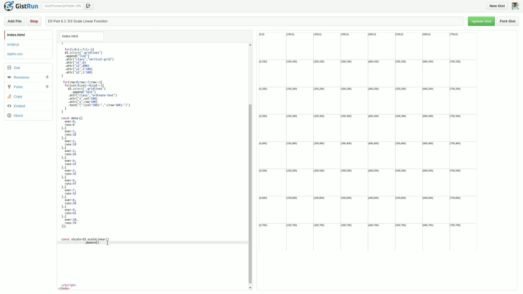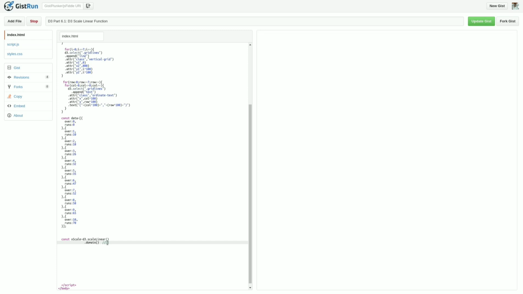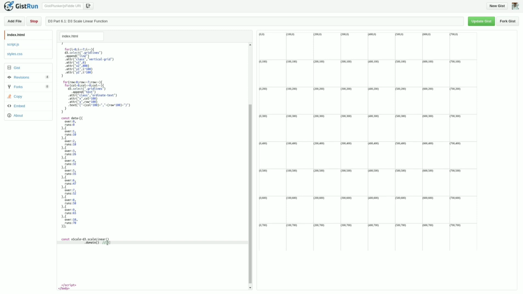So what will be the minimum of the runs? You can see that in our example the minimum run will be 0. Now the maximum runs you can see here, that is 70. So as an input you need to pass 0 comma 70. Now this input I want to convert to a number of widths. So this width starts from 0 to 700. So the total width available to us is 800 pixels.